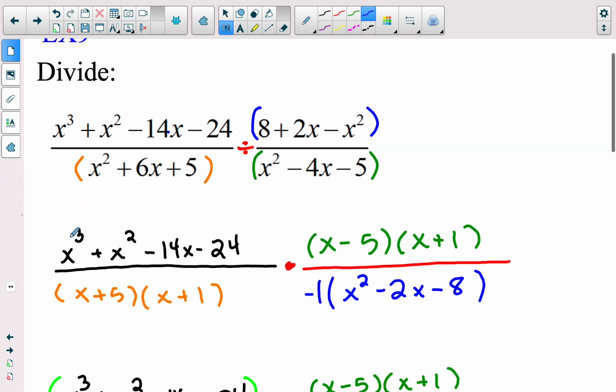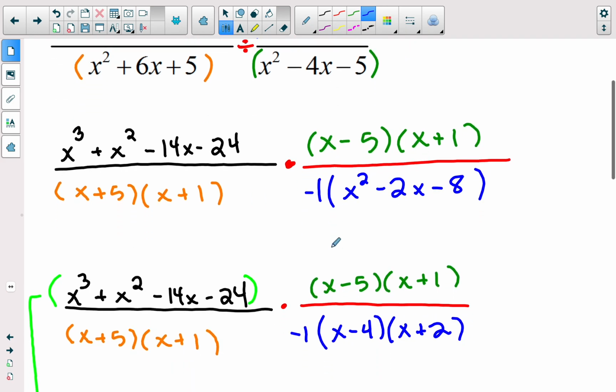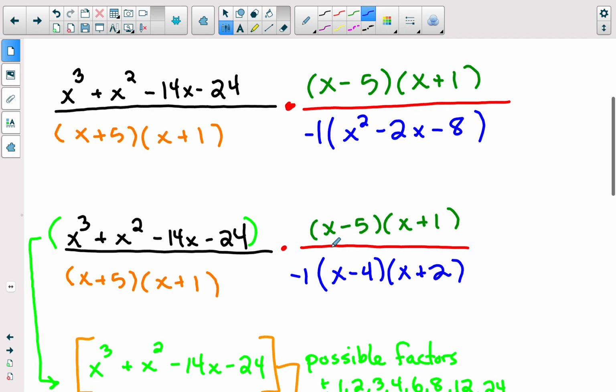So we go through and factor everything, and then before you start crossing factors out, simplifying, take note that this blue quadratic here, we should factor out a -1 first and then continue to factor it. And then I'm seeing factors of x minus 5, x plus 1, x minus 4, x plus 2, x plus 5, x plus 1. So when we get into factoring the cubic, we can use these values, 5, -1, -2,